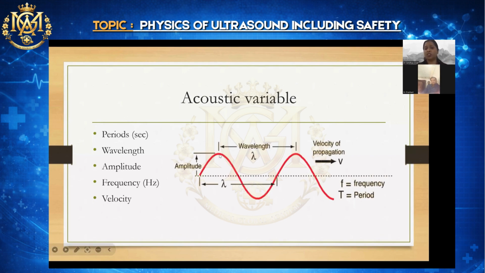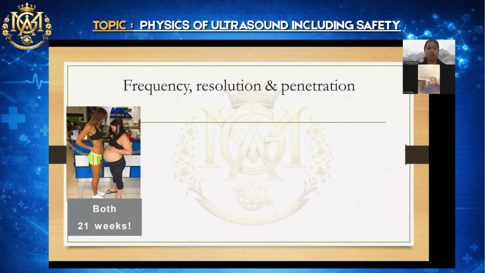The maximum height which is achieved is known as the amplitude. Number of waves in 1 second is known as the frequency. And velocity is the speed. These are the simple definitions. Now,